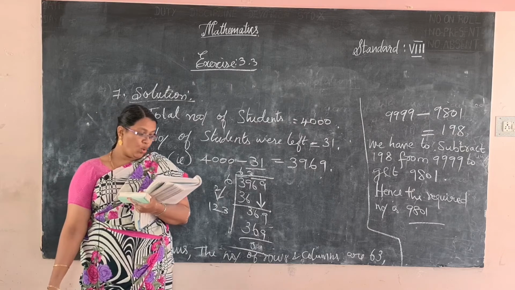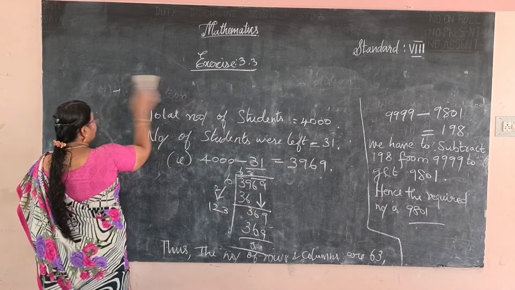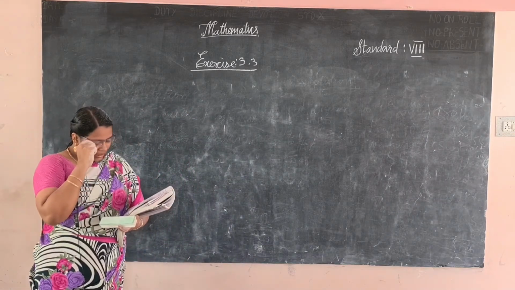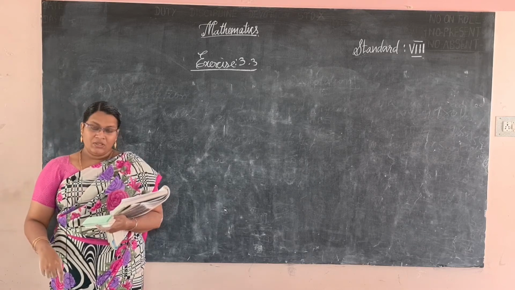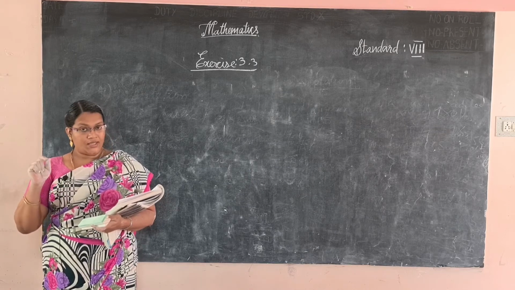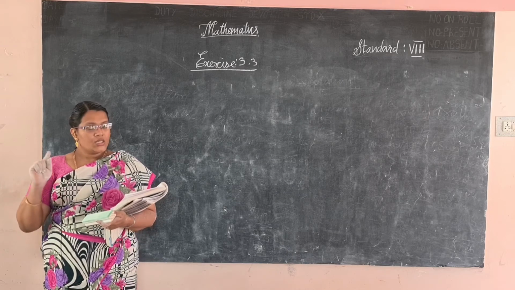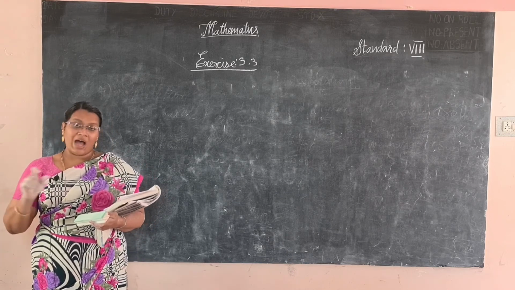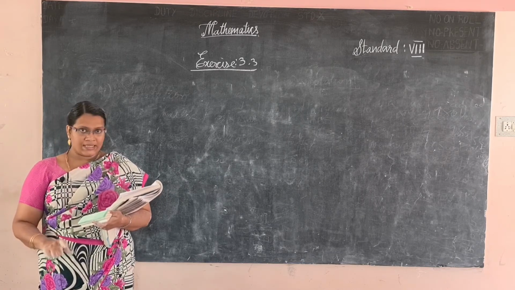8th one, 9th one homework. Now move to the 10th problem, using the Pythagoras theorem. I already explained the Pythagoras theorem. In a right angle triangle, the square of the hypotenuse side is equal to the sum of squares of the other two sides. Sum means add. Everyone already knows; we learned it last year also.